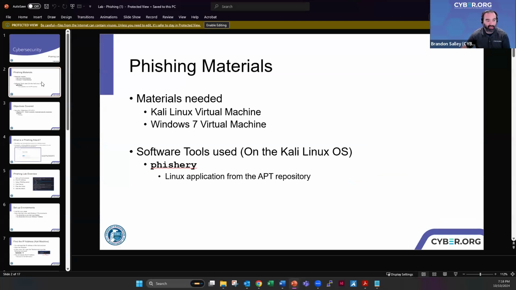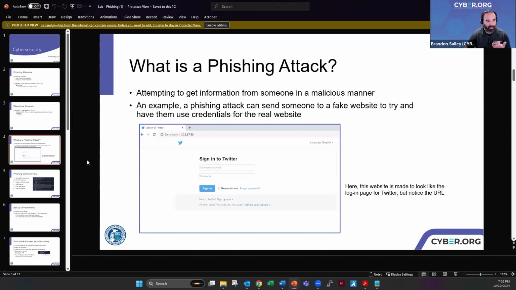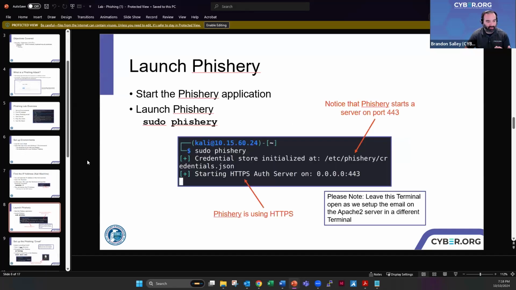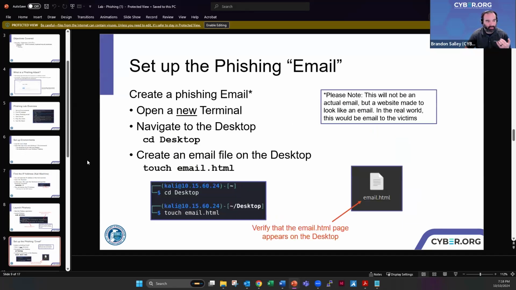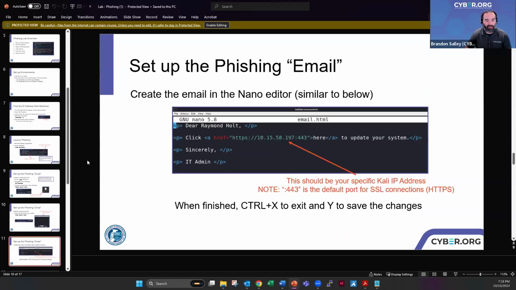The Kali Linux, the Windows 7. You saw, though, it also works on the Ubuntu. So if you want to mix it up, feel free to mix it up. And it uses Phishy. And it kind of goes over, it's going to list the objectives. So if you're testing towards Security Plus, it'll give you an objective that ties to it. It'll explain what phishing is, kind of like I did at the beginning. And then it tells you how to set up those environments, how to get the information, starting Fishery, setting up the email. So we went to the desktop, did a touch email.html, went through Nano Editor to craft our email,